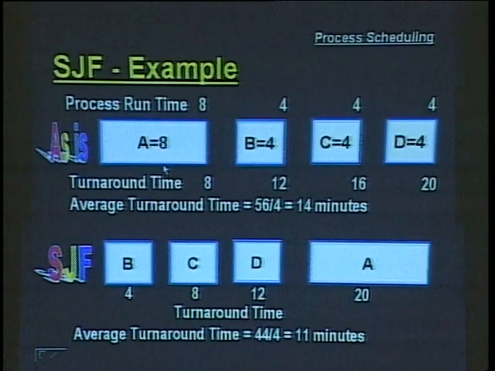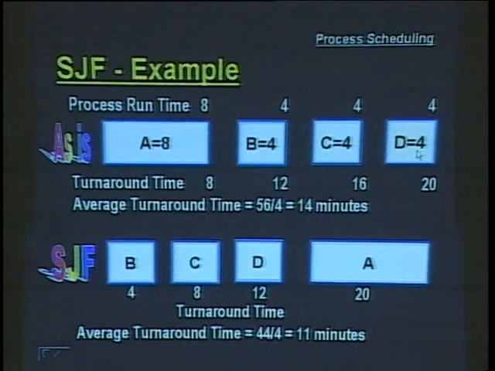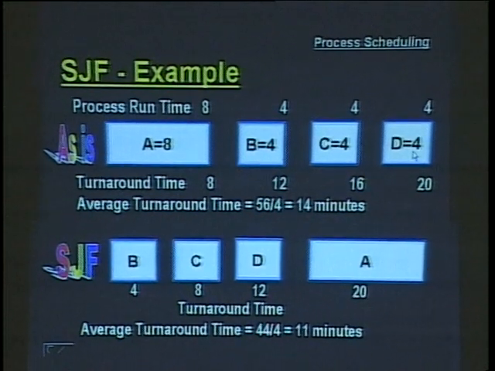How does the shortest job first algorithm work? Let's look at a diagram. You see, we have 4 processes. The process runtime for process A is 8 minutes. For process B, it is 4 minutes. For process C, it is 4 minutes. For process D, it is 4 minutes. Okay. If we run this